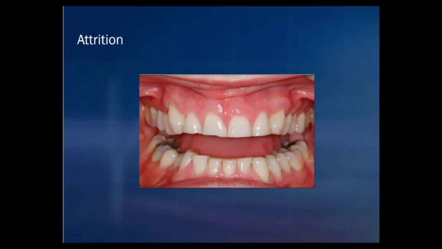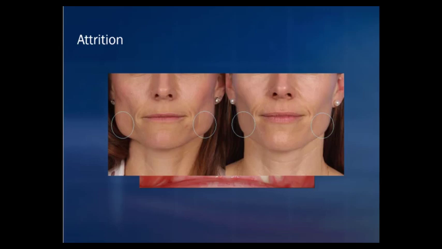So with attrition, our appearance would be a smooth loss of enamel or dentin or cementum because of excess occlusal wear. This is a wearing away of the tooth structure, usually as a result of bruxism. So we can see hypertrophy of the masticatory muscles, particularly the masseter. And here we see this lady has been clenching and grinding her teeth excessively. So she's had, there's the picture. She's had Botox injected to prevent her from clenching her teeth, which allowed for atrophy of the